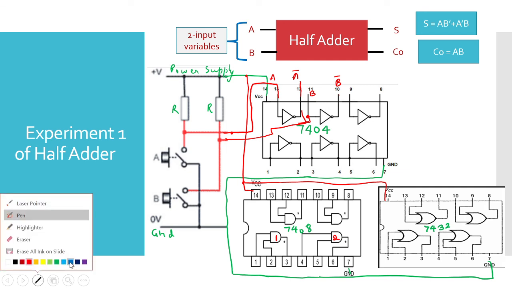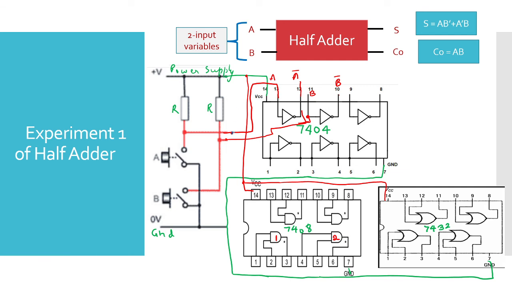Here, this is your A, so this point you will connect here. This is my one input for the AND gate, and you require A, B bar. So this pin 10 you will connect here. It will become very complex here. If you do this on the board, it will be easy for you, but I am showing you how to draw and how to connect the circuit.